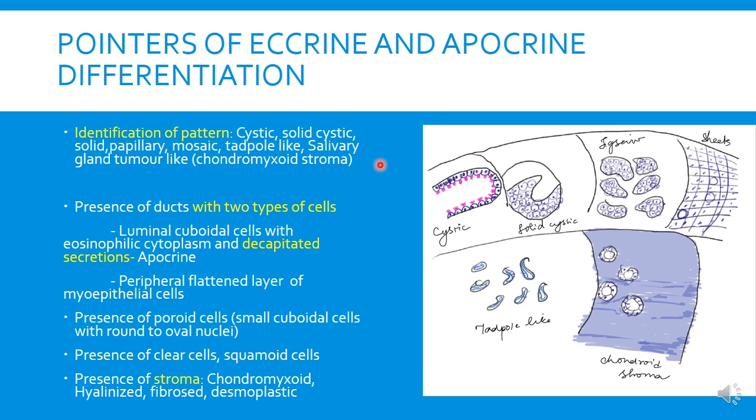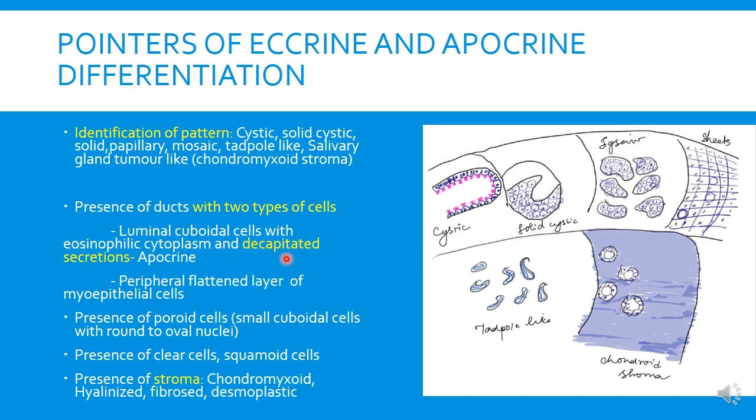So certain types of sweat gland tumors recapitulate the morphology of salivary gland tumors, like chondroid syringoma that resembles pleomorphic adenoma of salivary gland, and so on. The most important thing is to look for the type of stroma here. And after you identify the pattern, then you focus on the types of cells. If you are able to notice two types of cells, whether there are luminal cuboidal cells with eosinophilic cytoplasm,